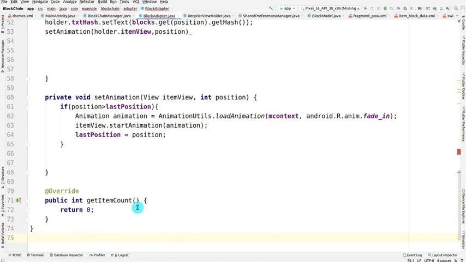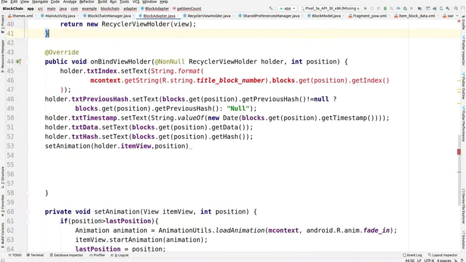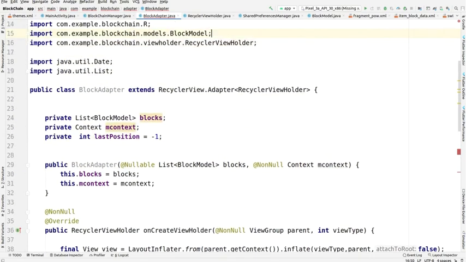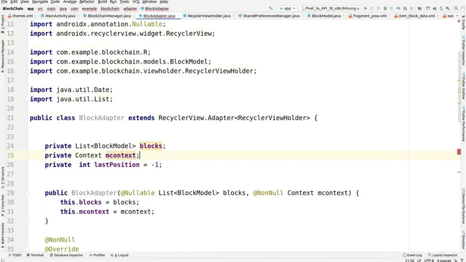Okay, so for now we also have to return get item count: blocks dot size equals to null, so 0, and then blocks dot size. For handling the exception, we have done this by using a conditional operator. Okay, so this is almost completed.